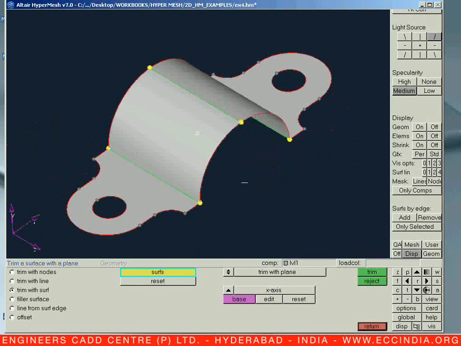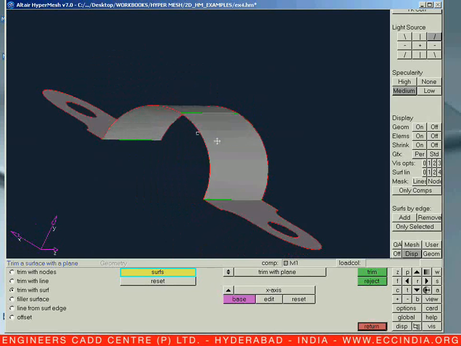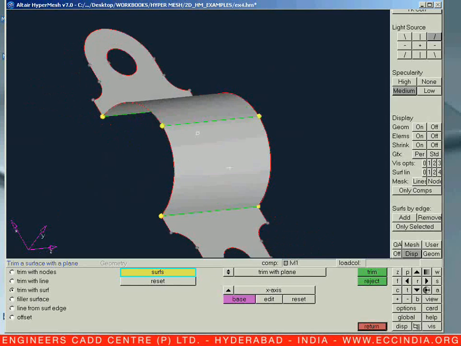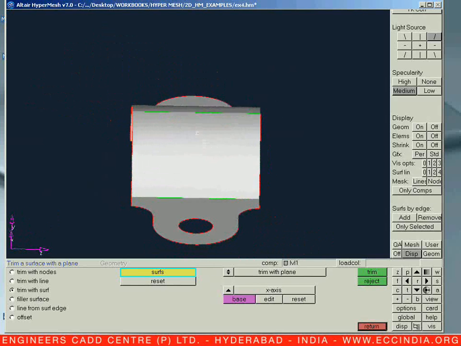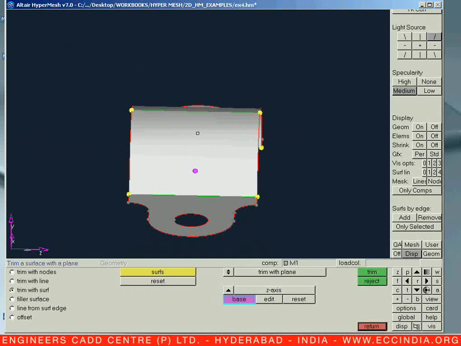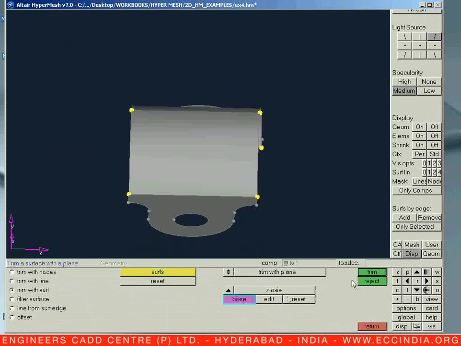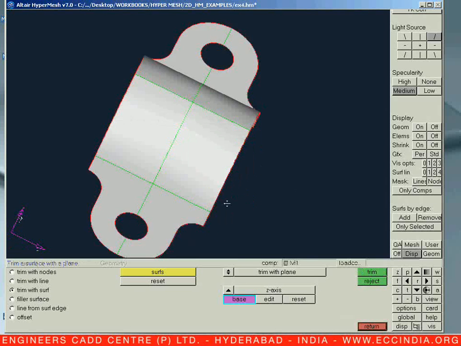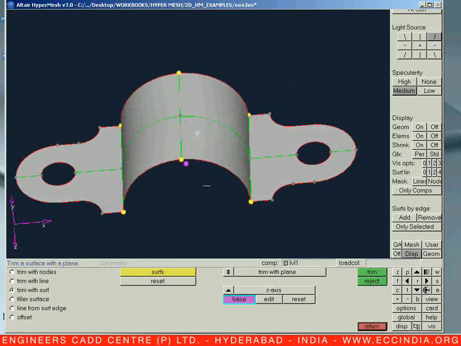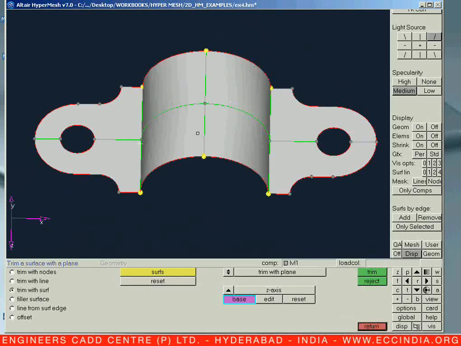Now I need to trim it in this way, keeping over here and then trim. So let us go for that particular trimming. Keep the base same, but the axis of division will be the Z axis because Z will intersect over here, and let us keep it displayed same base, and let us say trim. Now we can see we are going to get this model with 4 different regions.